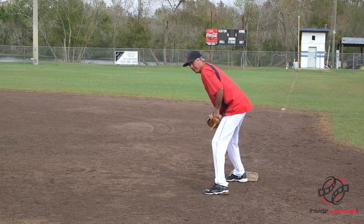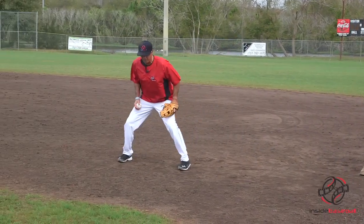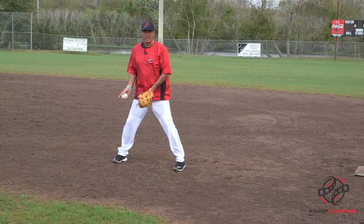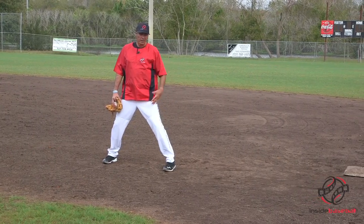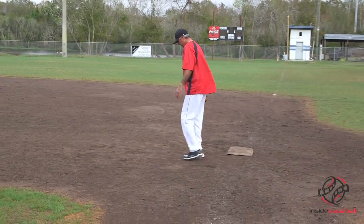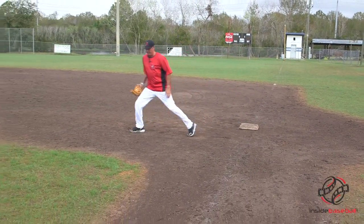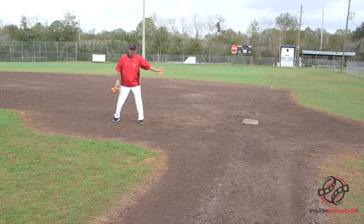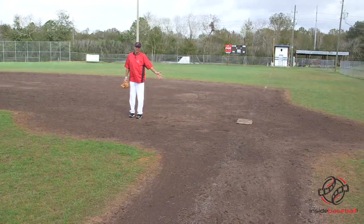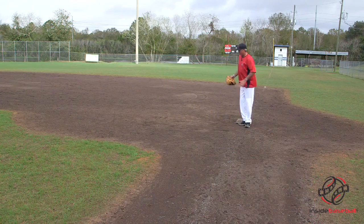So once I get here and the pitcher's going to throw it home, I basically one shuffle. I'm out here. I want to gain as much ground as I can. If it's a left-handed pull hitter, I don't want to get off as far. But I want to get as far off as I can, and I don't want to create the angle where I'm stepping forward and then shuffle when I could be back another step and a half. It gives me a better chance to catch a ground ball. So I basically want to go straight out